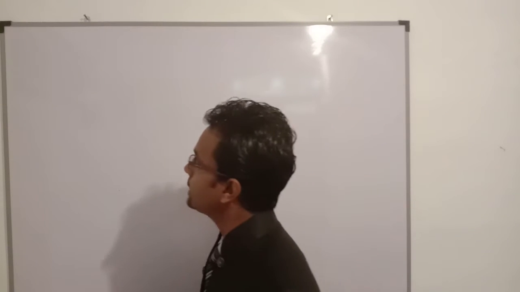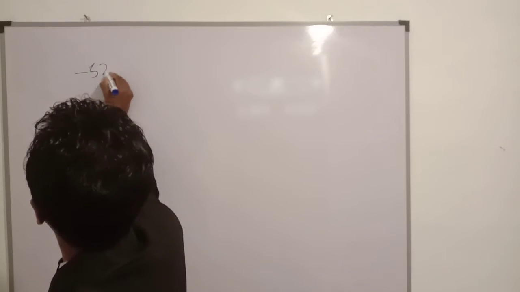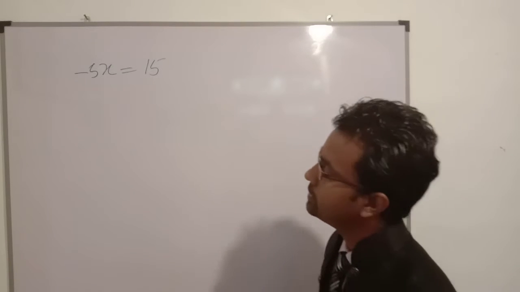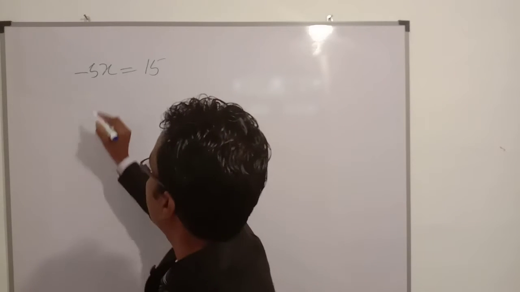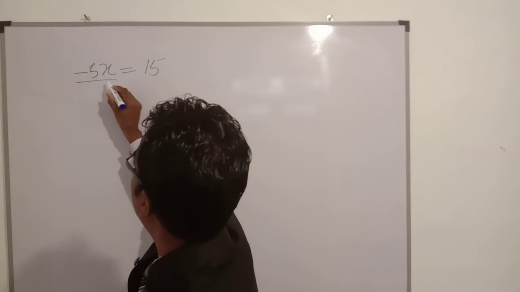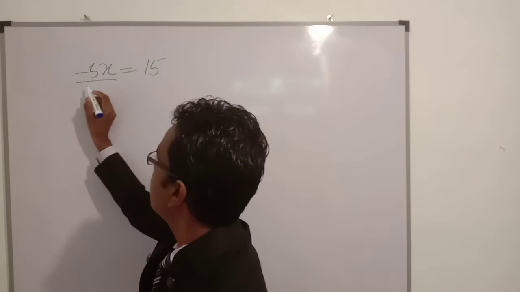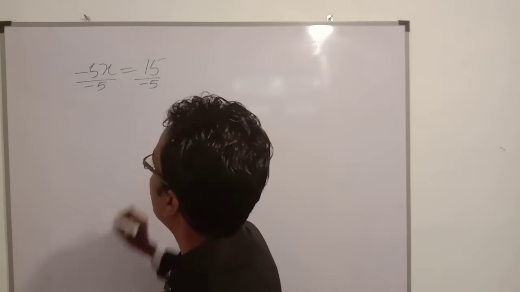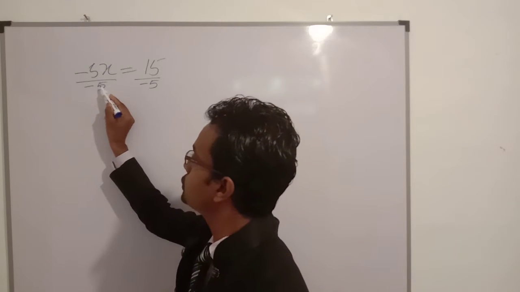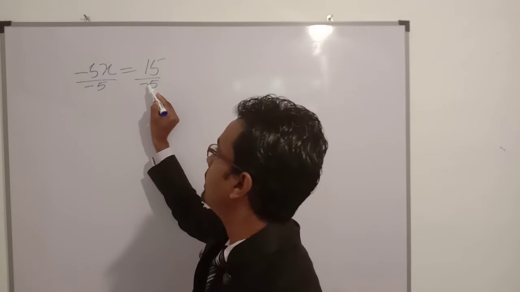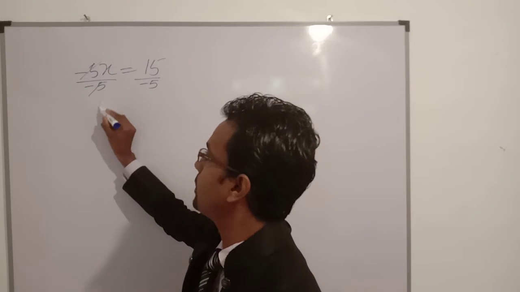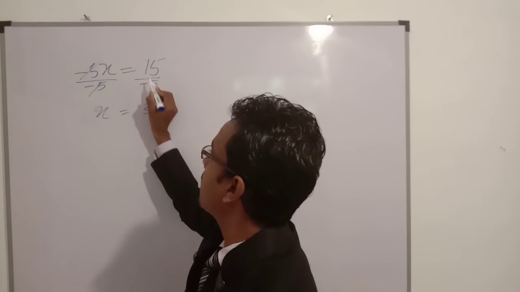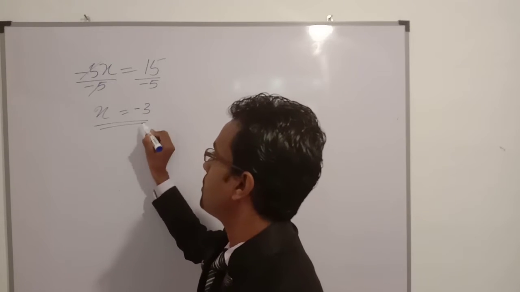I will take something like this. Minus 5x equals 15. This one is also a simple equation. Now, in this case, we want the value of x. Let's cancel minus 5. Divide the other side also by minus 5, because to cancel minus 5, we should divide this side by minus 5. X is equal to 15 divided by 5, 3. Plus divided by minus is minus. Minus 3 is the